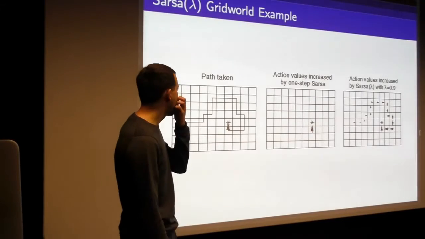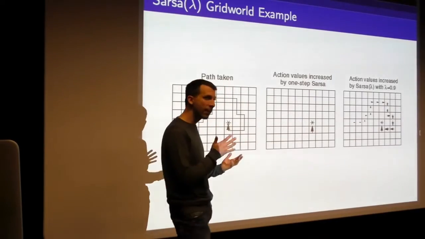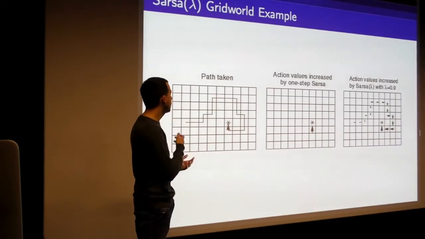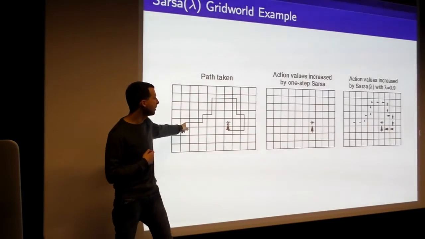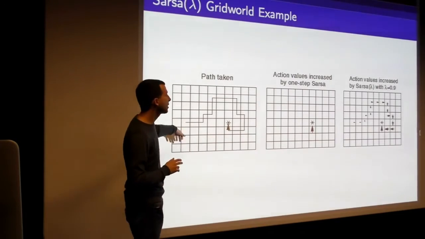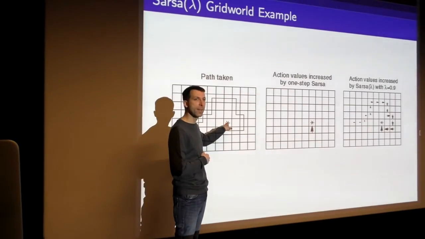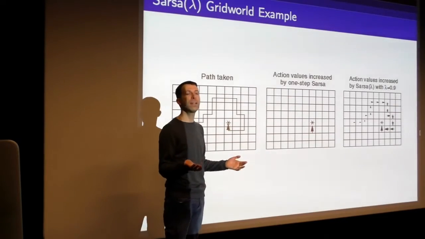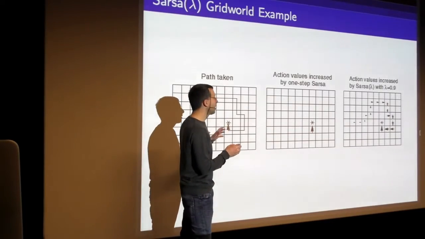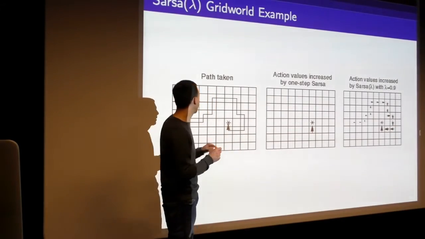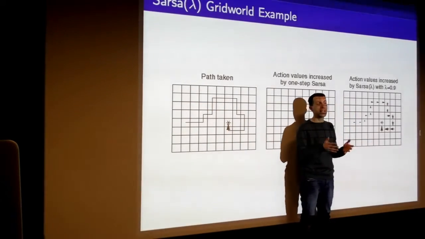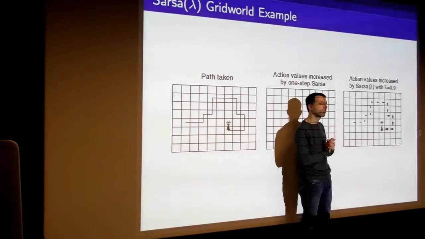So what does that look like? I hope this will help to give some flavor of what the difference is between Sarsa lambda and standard Sarsa. Imagine you're in some grid world where you're trying to get from here to this goal state. This could be like the windy grid world we just looked at. You do some random walk to begin with, and eventually you end up there. Let's say you start off initializing all of your state action values to 0. Now we're going to indicate the value of those state action pairs by an arrow in the direction of that state action pair, and the size of that arrow indicates how big our Q value is for that particular action.